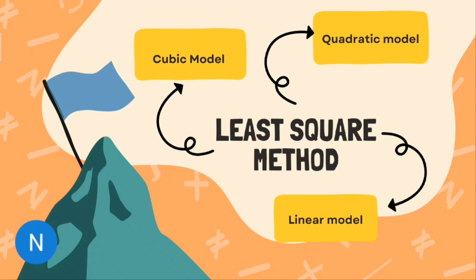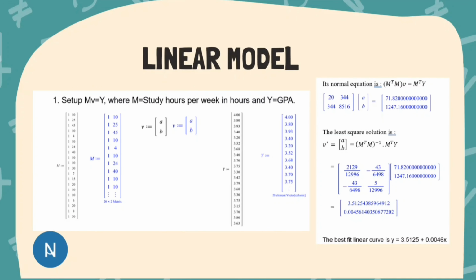There are three types of least square model that we choose for this project, which are linear model, quadratic model, and cubic model. For linear model, first we set up MV is equal to Y, where M is study hours per week in hours and Y is GPA. Then, we construct the normal equation of linear model. Lastly, we can obtain the least square solution, which is